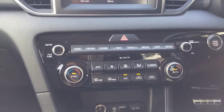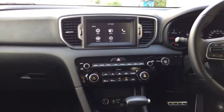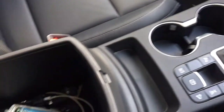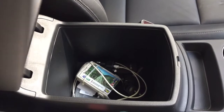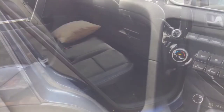Dual zone climate control, and yeah, it's not bad. Compartment wise, we've got a rather big compartment here. It's non-padded, right? Two cup holders and center armrest, huge. Alright, and basically that's just about it. Moving to the back,